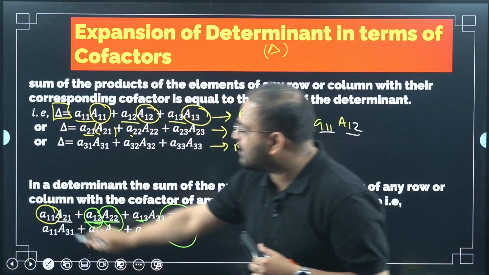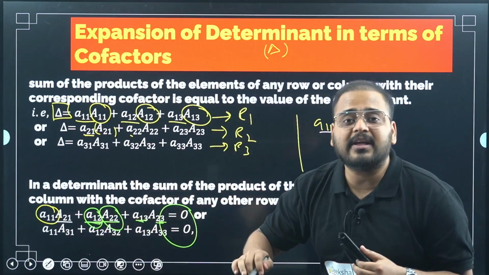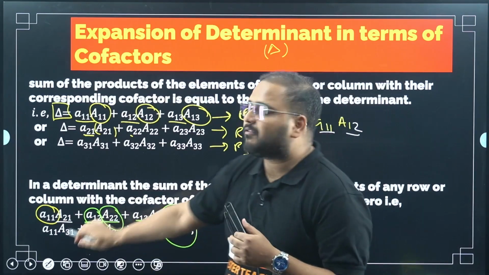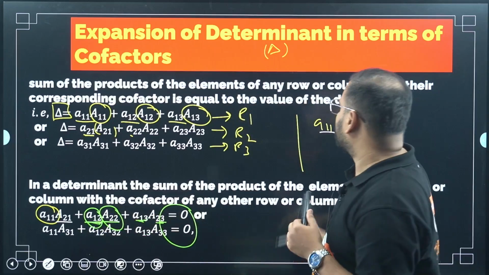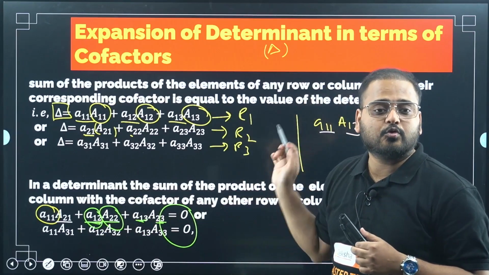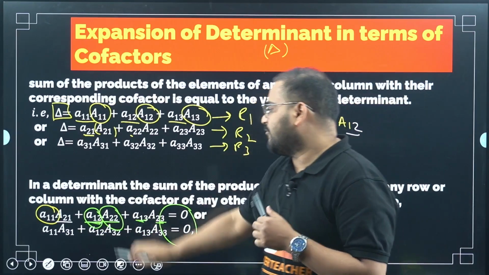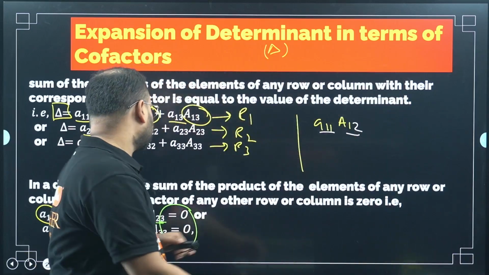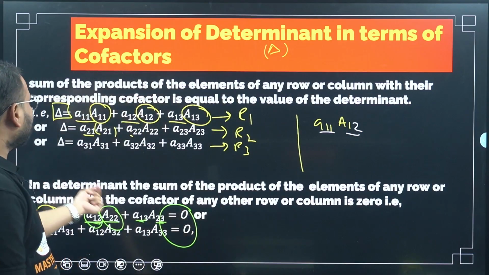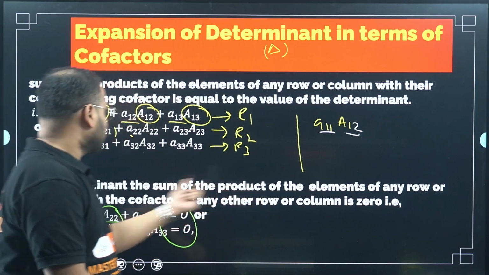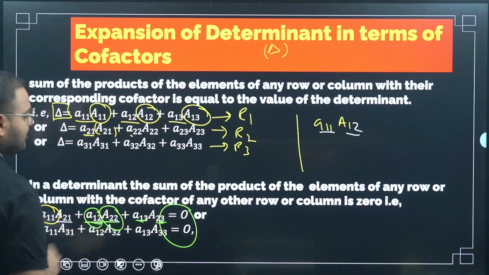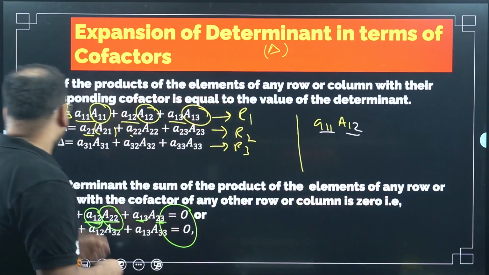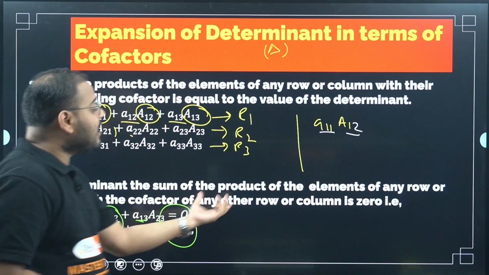If you multiply the element with not the corresponding cofactor, then the value of this product will be 0. Whether you take any row or any column, row 1, row 2, row 3, or column 1, column 2, column 3, if you're not taking the corresponding cofactors, then the value will be 0. That's what is written here. In a determinant, the sum of products of the elements of any row or column with the cofactors of any other row